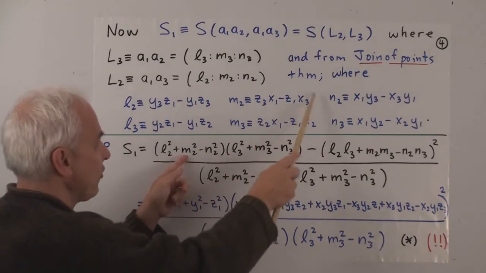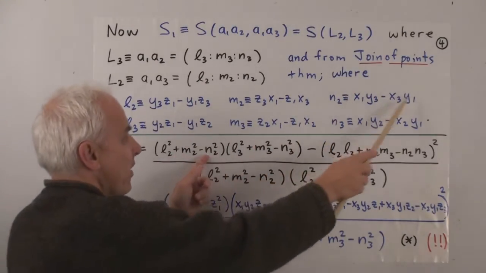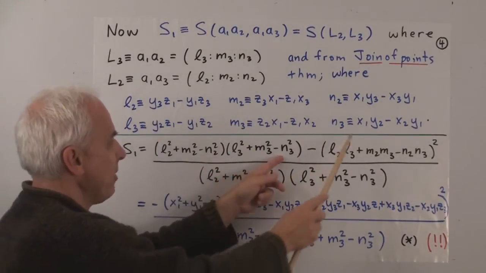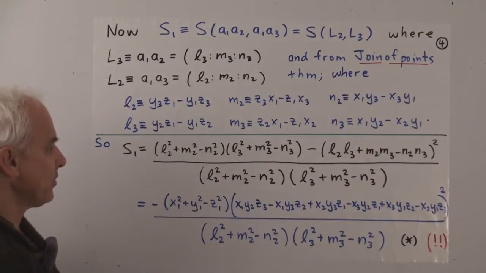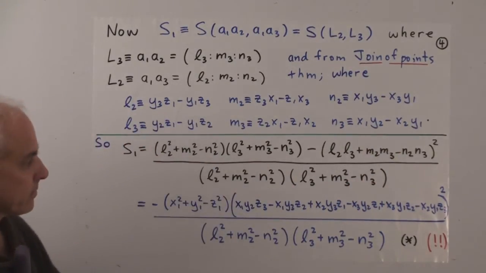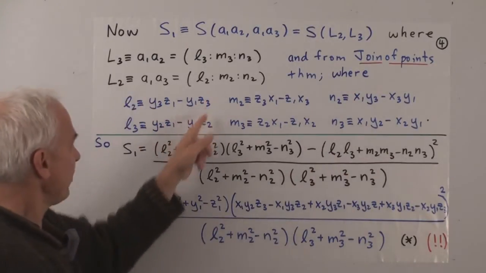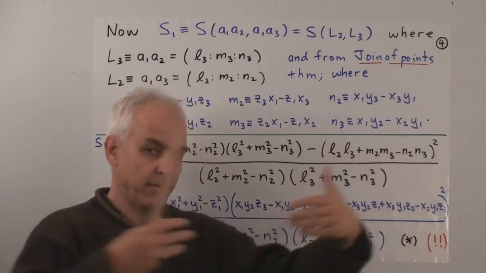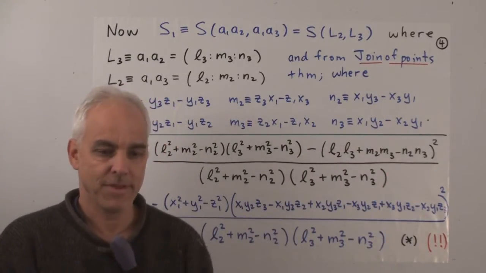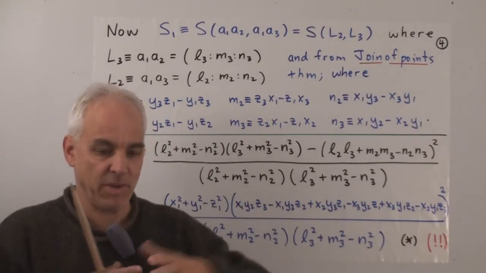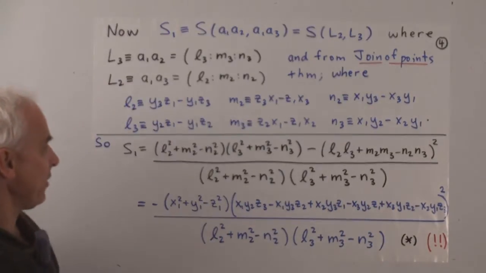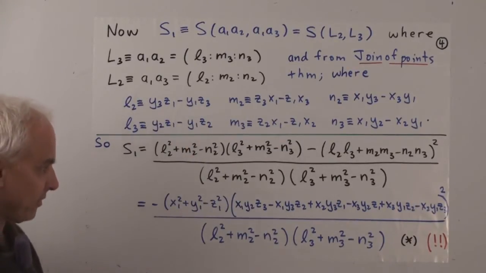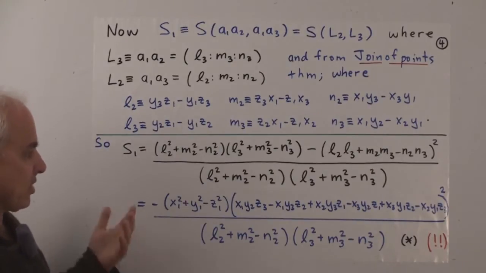M2 squared, you're going to have to add the square of that. Then you have to subtract the square of that. This term, the square of this, plus the square of this, minus the square of this. So we have to multiply those 2 things. And over here, this times this, plus this times this, minus this times this, all of that, all squared. So it's going to be a very long expression. By the time we expand it all out in terms of these numbers x1, y1, z1, x2, y2, z2, and x3, y3, z3, it's going to be a big expression.